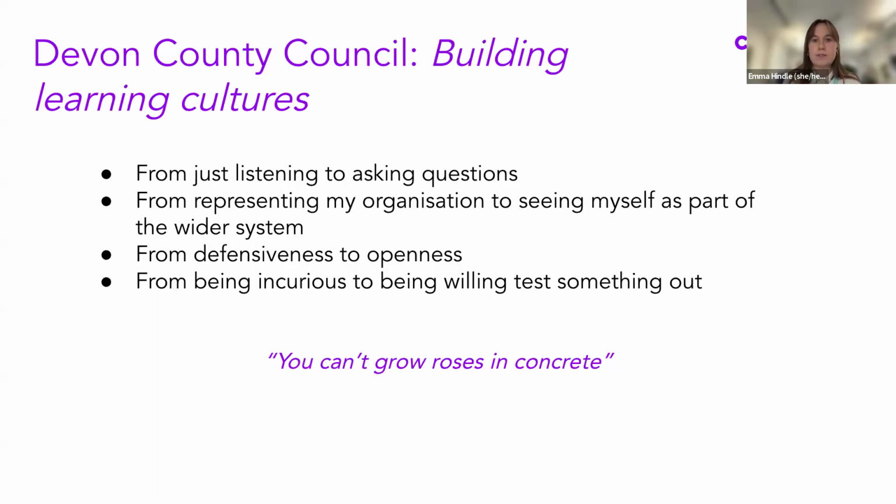And we designed those events as a space for people to build relationships across the system, really hear about the different types of work going on. So not just what was going on in the test and learn projects, but other work in the Devon system, trying to get people to see where issues they were facing aligned, ask questions of each other's work, and reflect on what people's different experiences of working in this space in Devon means for them, and what learning they could take and what types of things they could test given the information that was shared.